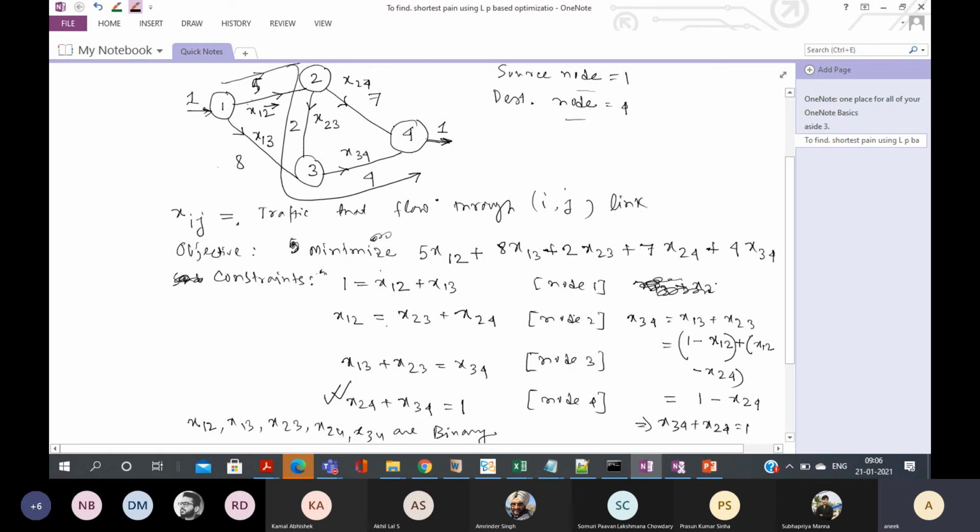But actually, in my opinion, there are some problems with this formulation. I had told him to implement it, but unnecessarily he made it binary. It is not required, because you should try to formulate your problem as an LP problem. This current problem is an integer linear problem. Integer linear problems have more complexity compared to LP formulation, because you are saying that your decision variables are binary in nature. It is a more stringent condition. Instead, you should make it as LP, and we could easily do that.